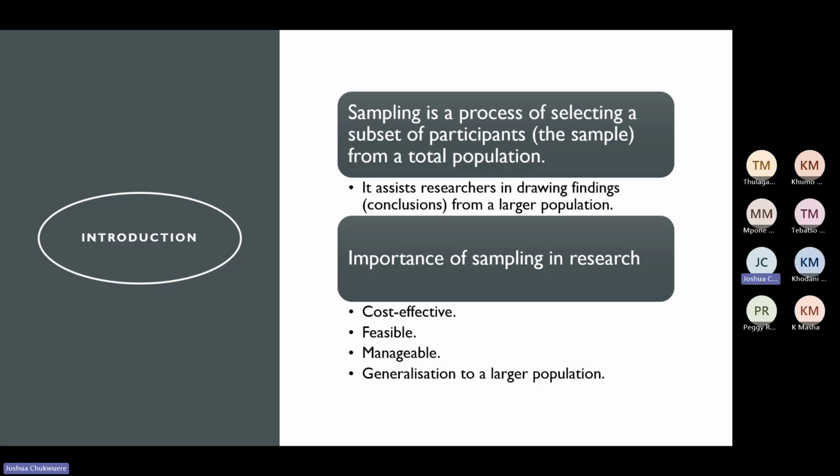So in that population of students, let's say our university has thousands of students. There is no way you can get access to all of them. Then you are focusing only on that small number of students, and that is what our sampling entails. Okay, and it assists the researcher in drawing findings and conclusions from this larger population, because you can't get